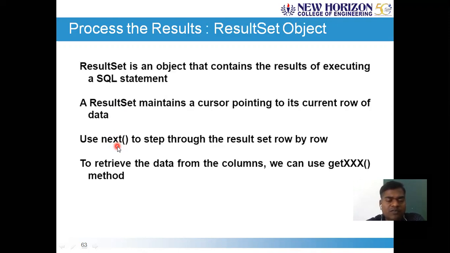Like how we have a first and how we have a next and previous, in a similar way, you have a first built-in function which is used to access the first row of your result set object virtual table data, and the last built-in function which is used to access the last rows of your virtual table that is created as a part of the result set object.